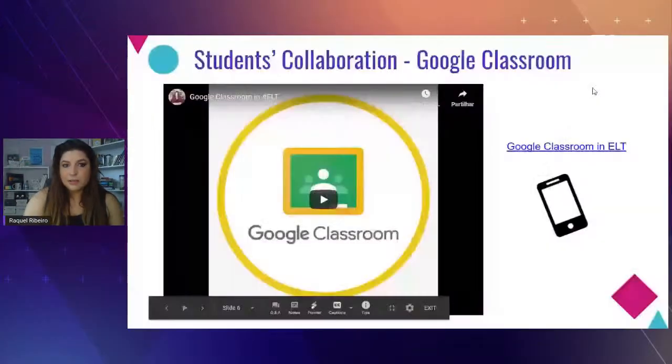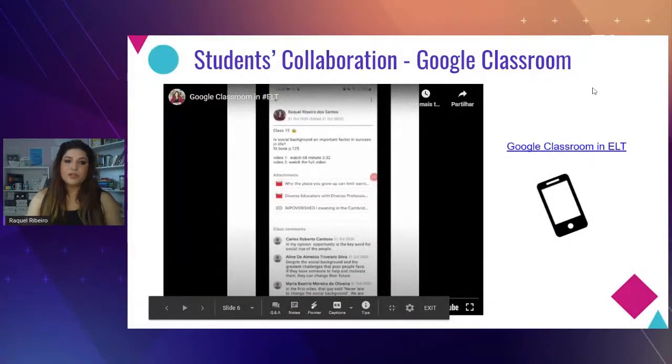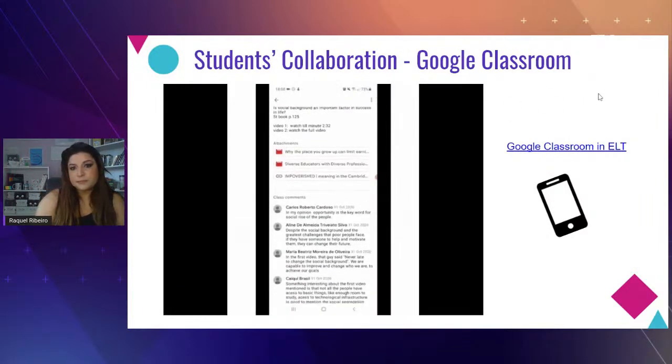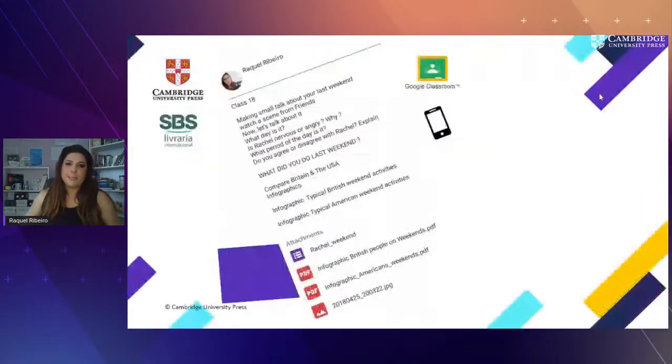Still talking about Google Classroom, which could be a Google Docs, for example. Let me show you here in the sequence. Yeah, okay.